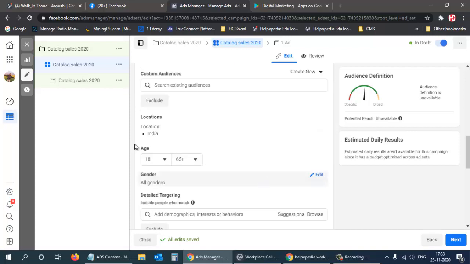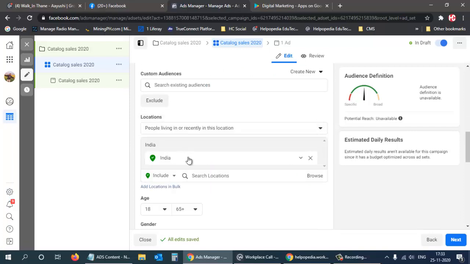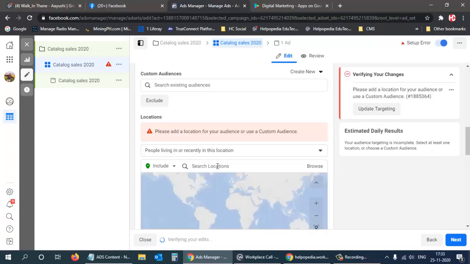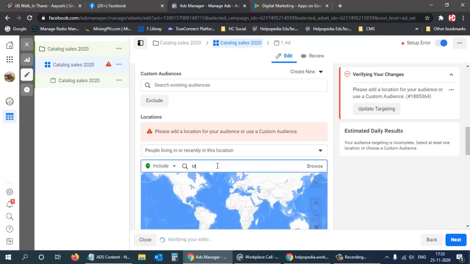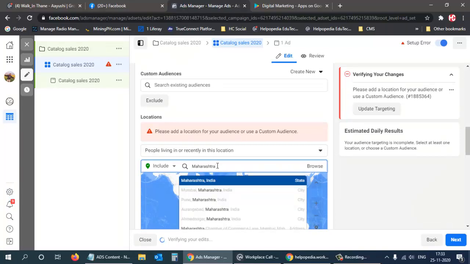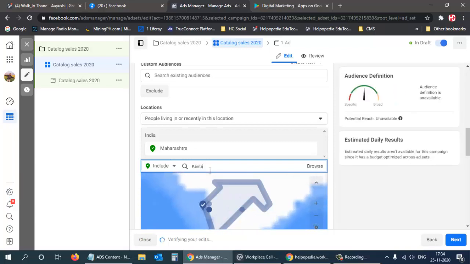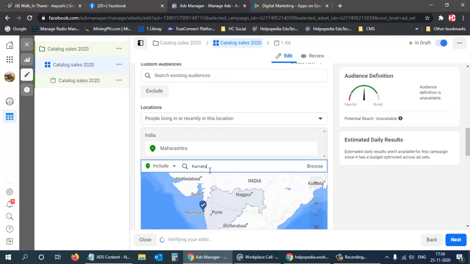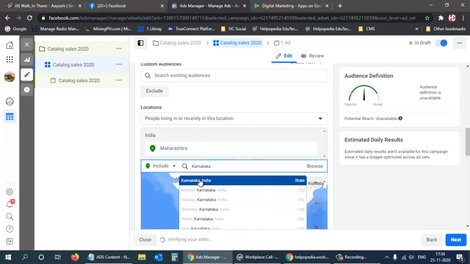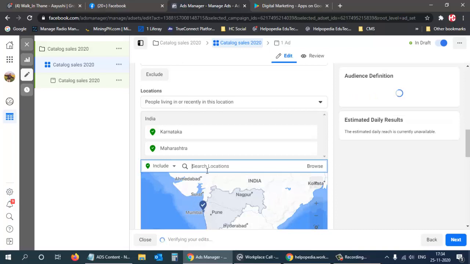And then I can select my audiences over here. So I can select anyone. Over here this time let me select the whole state, Maharashtra. I can select Maharashtra, Karnataka, and Gujarat.